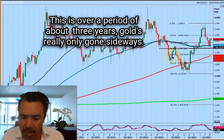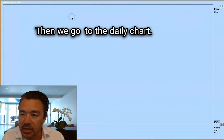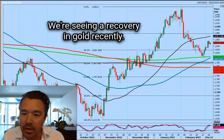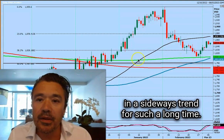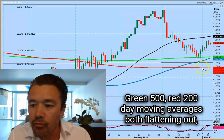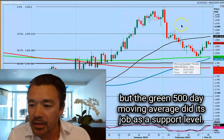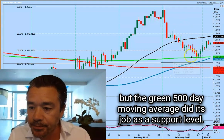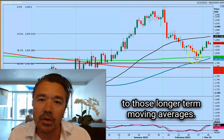This is over a period of about 3 years. Gold's really only gone sideways. And then we go to the daily chart. We're seeing a recovery in gold recently. The moving averages are just flatlining because we've been in a sideways trend for such a long time. The green 500, red 200-day moving average is both flattening out, but the green 500-day moving average did its job as a support level. So it looks like traders and investors are still paying attention to those longer term moving